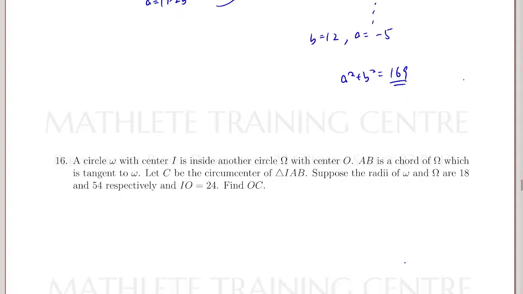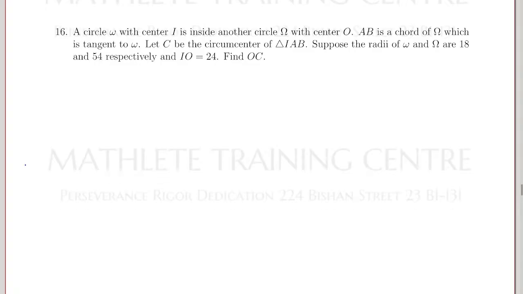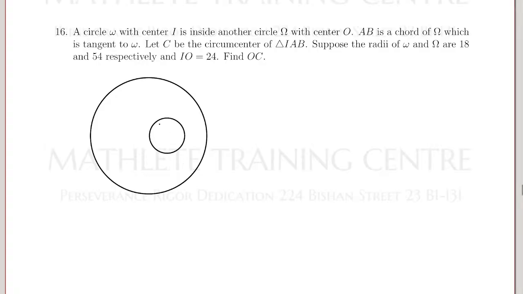Let's take a look. What this says is this: you have a circle, a big omega outside, and then there's a small circle omega inside. They tell you that the radii of the two circles are 18 and 54. So if you try to draw them out, let's say the big circle is centered here, this will be 54, and the small circle has a radius of 18. If you calculate the various lengths, you can figure out that